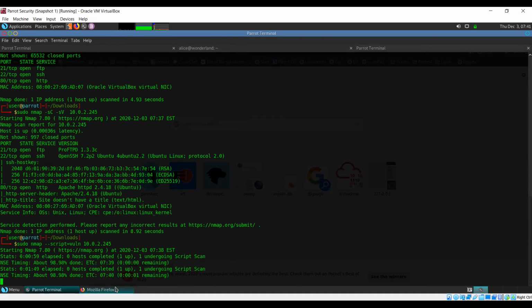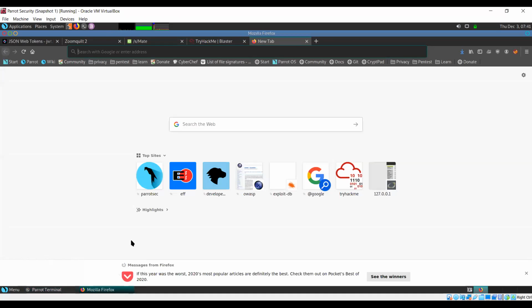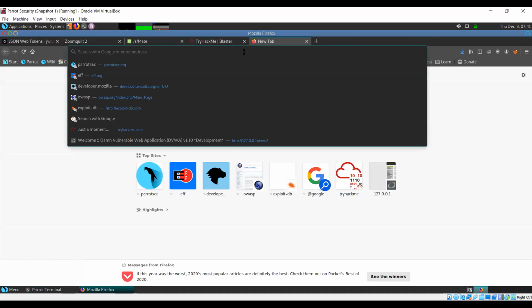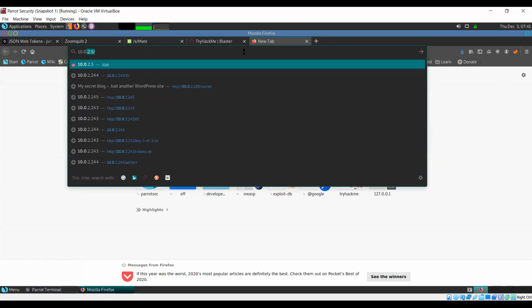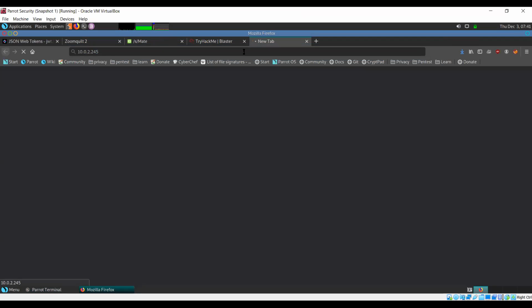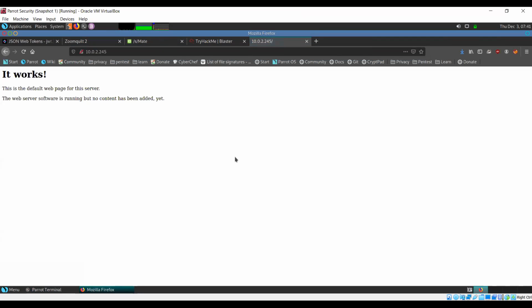So since it's HTTP, I can try to access the web server. Okay, so it says that this is the default web page for the server.